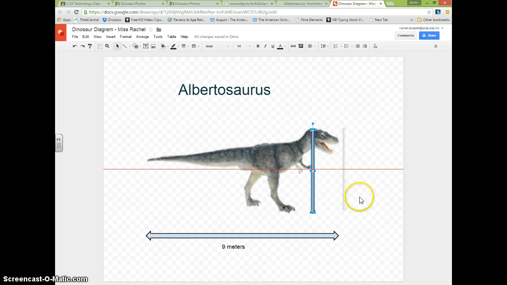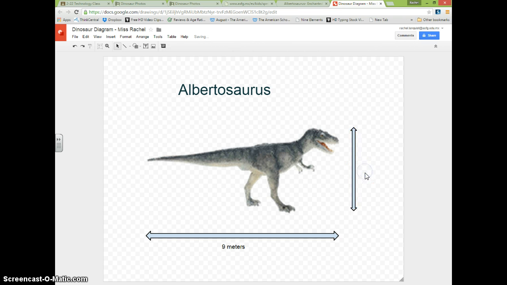Okay, so now I know that this is a good measure, but I don't want to leave it on top of the dinosaur. And there we go. So that's how tall the dinosaur is. Again, I need my text box, and I'm going to say it's 3 meters. Again, we want to keep